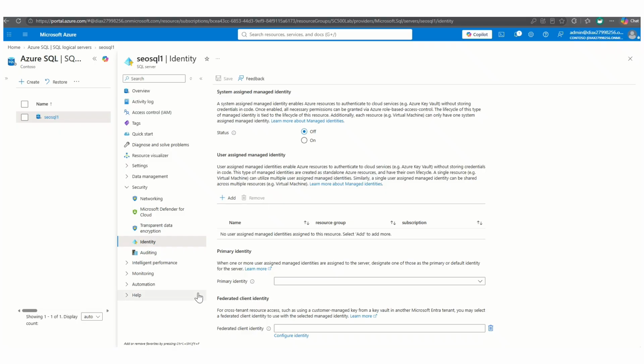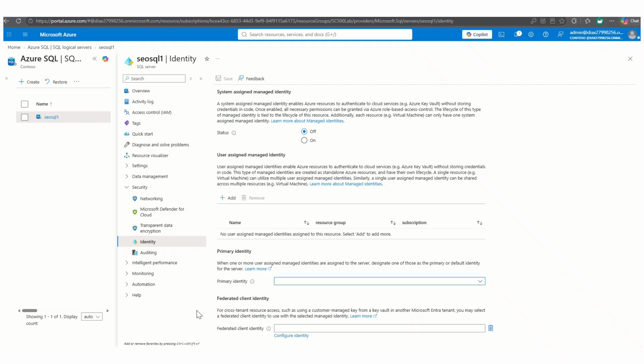When it comes to the primary identity, when one or more user assigned managed identities are assigned to the server, designate one of those as the primary or the default identity. So yes, you could have system assigned and user assigned, but you want it's the primary, and you would choose that